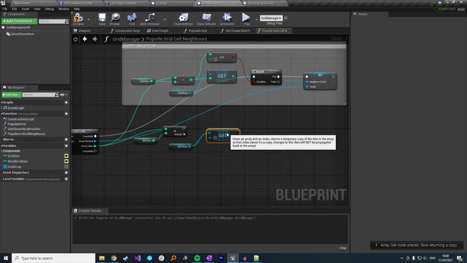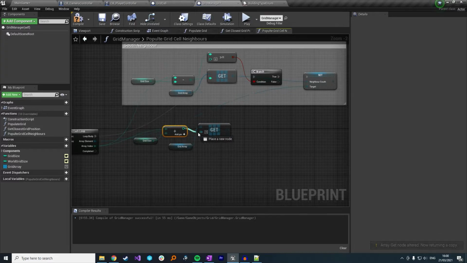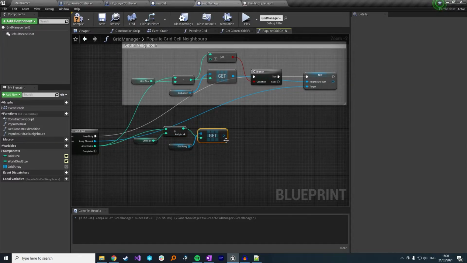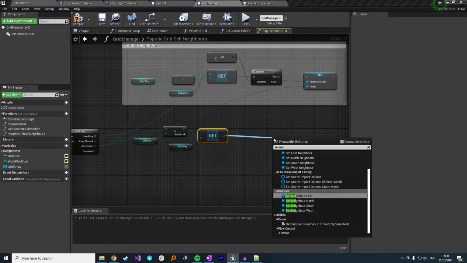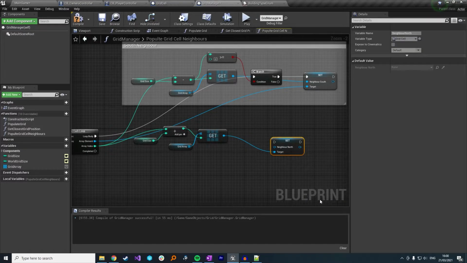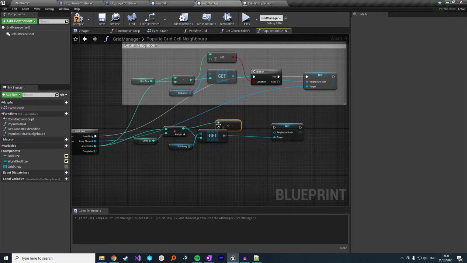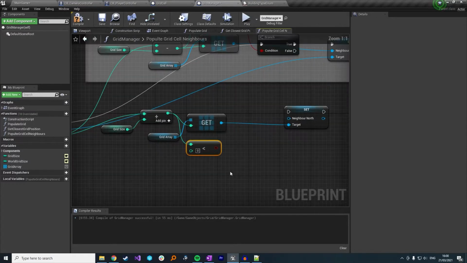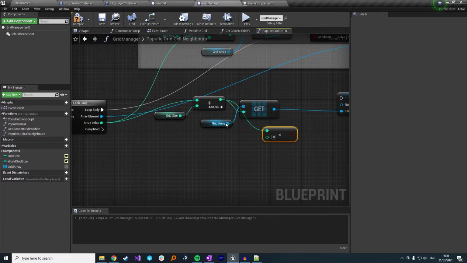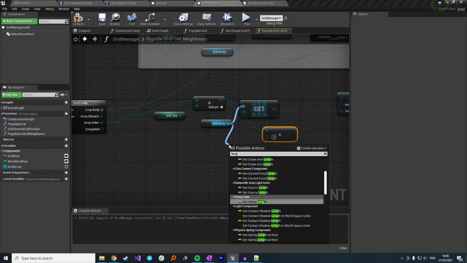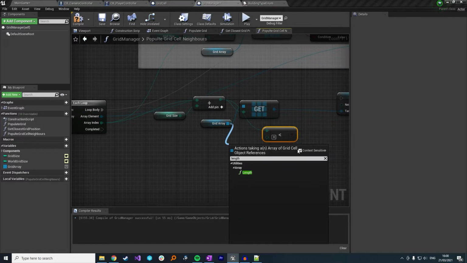There we go. Plug this index in, set neighbour north, like that. And again, we want to do a check, but we want to do the opposite this time. So we need to make sure that this index is less than, and because this has to be the max of the array, we just want to do length. And we can turn context sensitive back on,